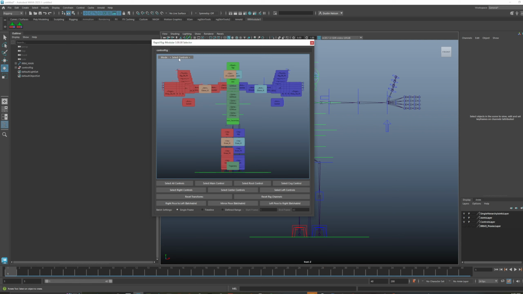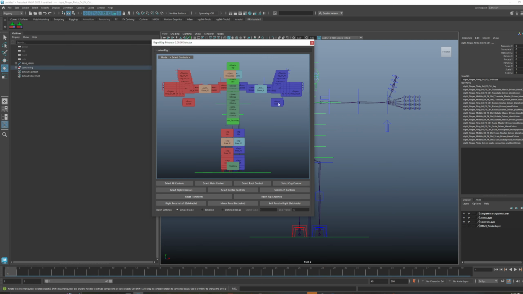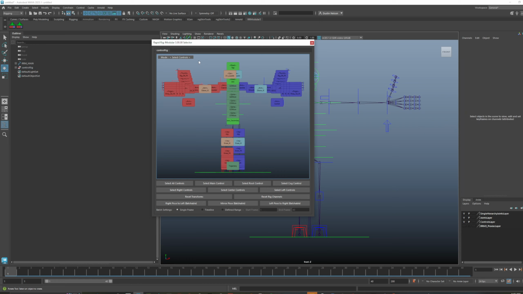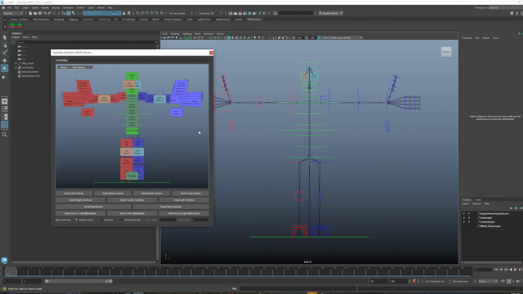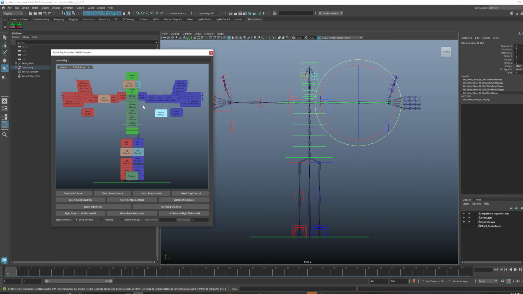So in here, there's this mode. This is currently the select control mode. I'm going to toggle this to the edit buttons mode. You could also do it by right clicking and doing it here, but this is a visual display so you know which mode you're in. When you're in the edit mode, when you drag select, it's not going to select anything in your scene, but it allows you to move the buttons around. So I can click and drag,